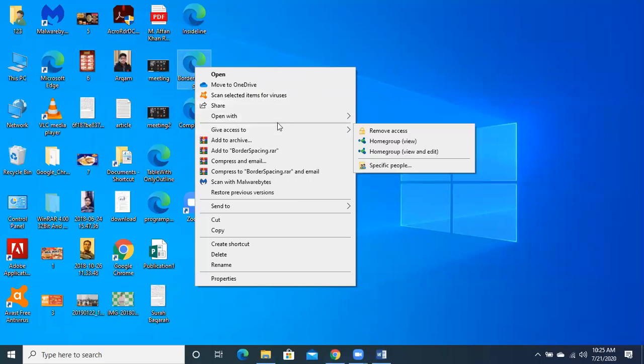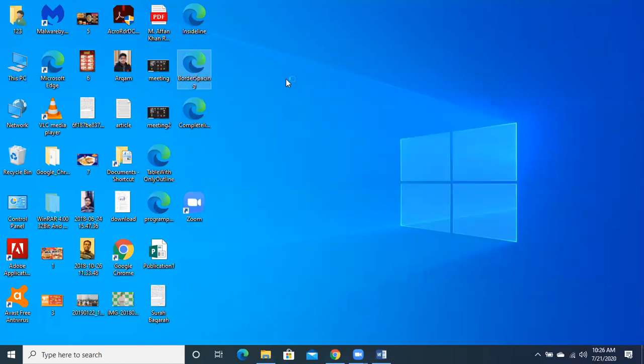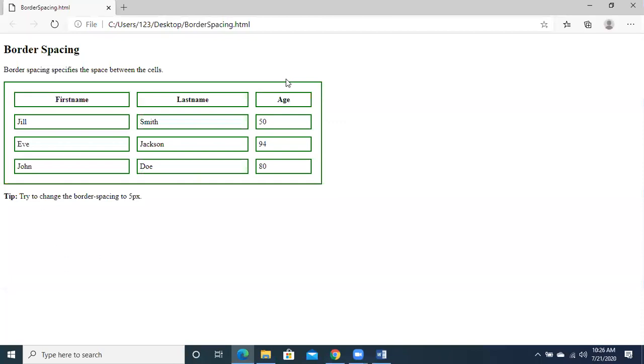Now see, what is meant by border spacing? If I want to increase the space between the borders of the table data and table rows and the border of the table, how can I do it?